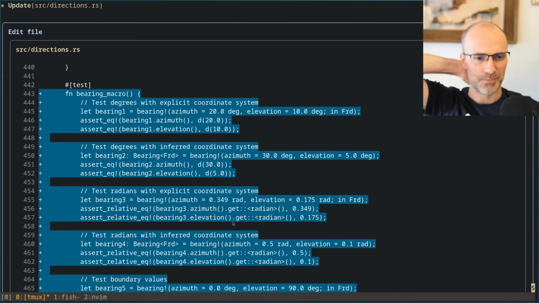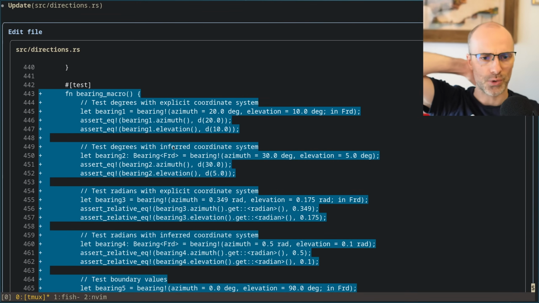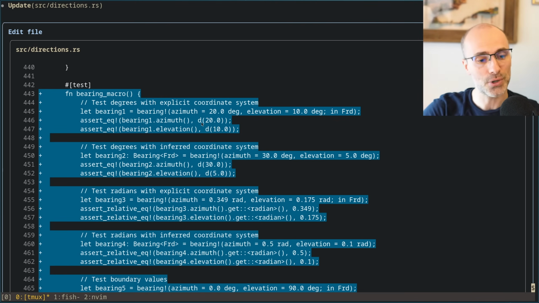All right, cool. What is it testing? Explicit coordinate system, degrees with an inferred coordinate system. Checks here, that's not going to work because it's using D, which is a helper function that's used in the other tests.